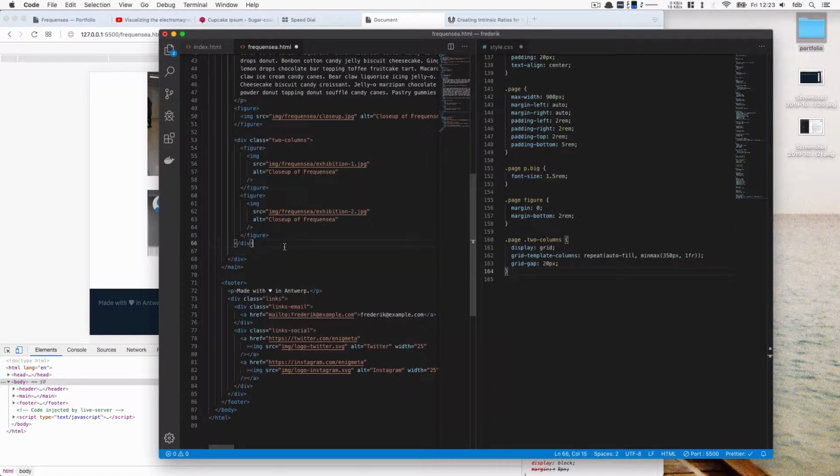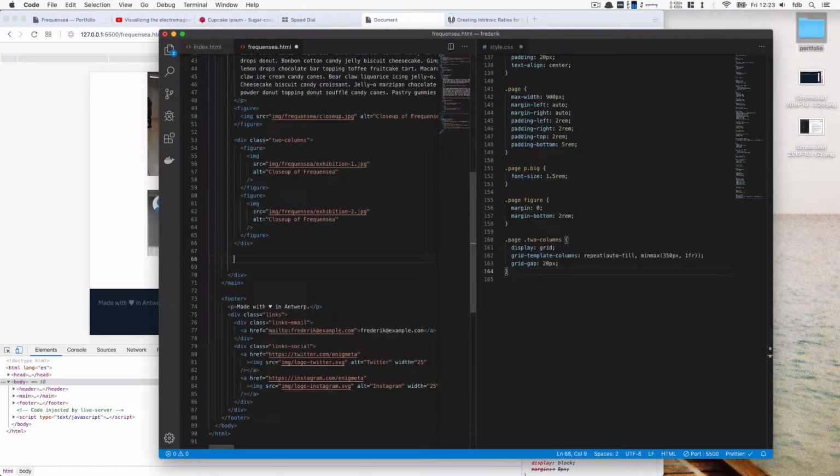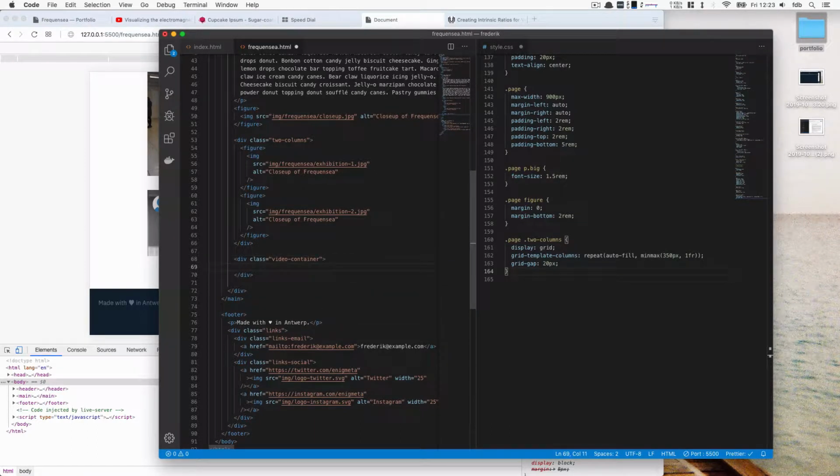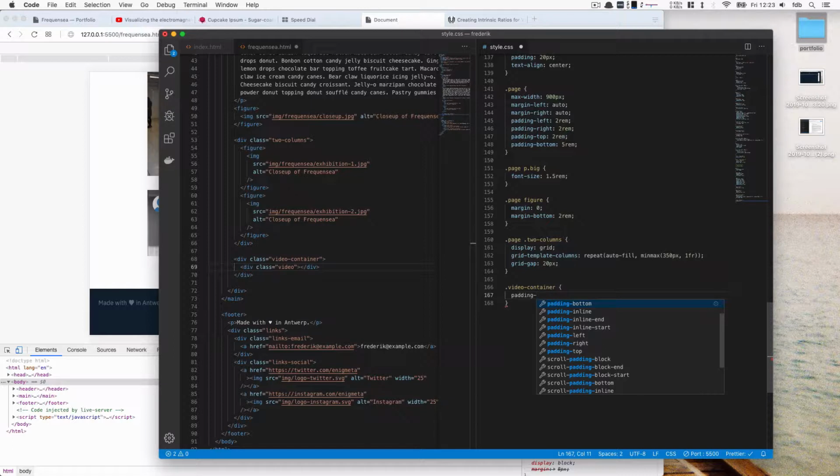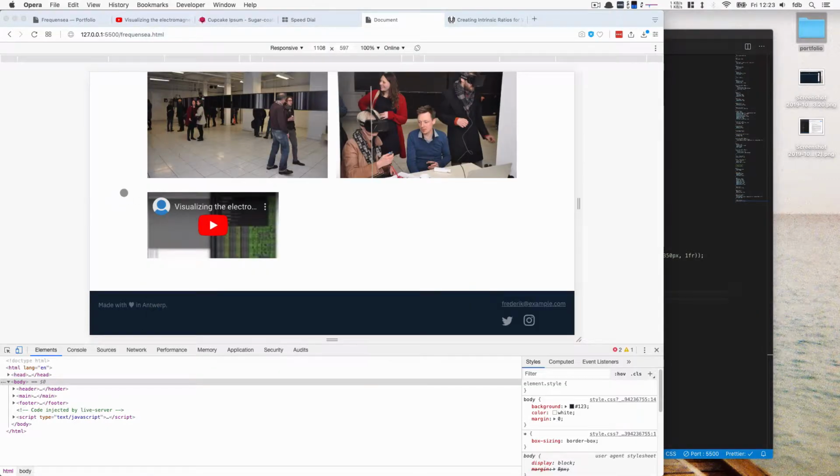So I'll make an example without a video first, just to show you. I'm going to make a div called video container. That's what that box is about. And then inside I'm going to make a div called video. And this will be replaced with the iframe or the actual YouTube video later. So to style that, the main trick here is, for the video container, we're going to set a padding, and that padding is going to be defined based on the width of the box. So setting a padding bottom of 20% makes this video container box